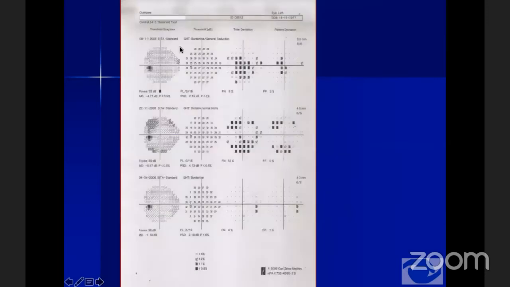This is a patient, a glaucoma suspect, young chap. Initial perimetry report showed some generalized depression in the total deviation plot. You can see some paracentral scotomas there. We repeated the test, then the paracentral scotomas disappeared. What you see is some isolated peripheral depressions. And then the third test, around a month or two later, the patient comes up with normal tests. So we have to keep in mind that there could be an element of learning curve effect in certain patients, and that should be kept in mind.